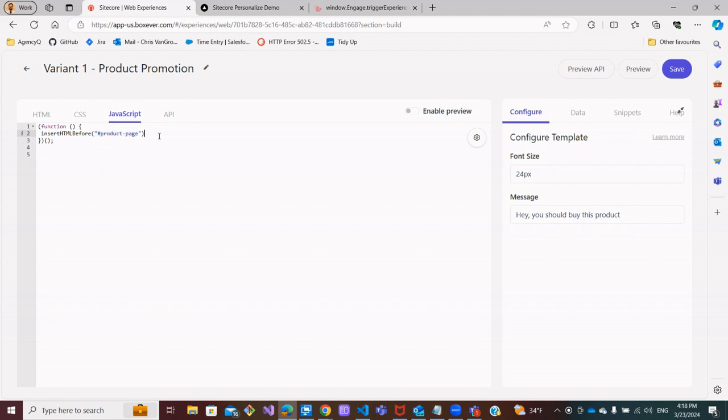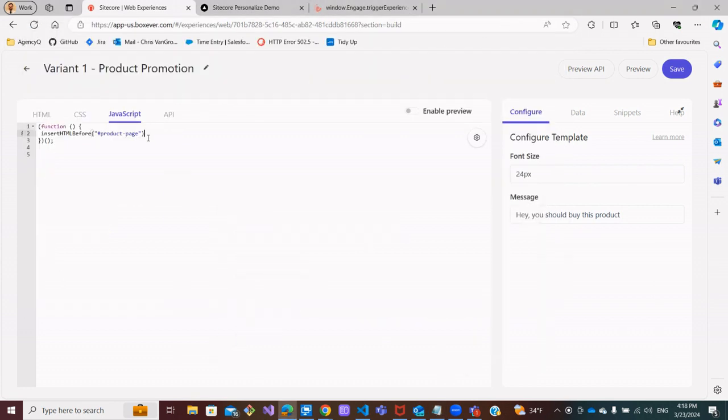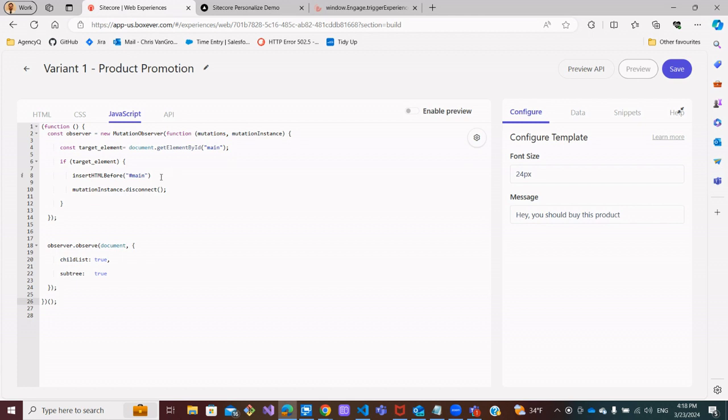So I'm going to quickly address that. There's two solutions, one preferred. This is my unpreferred way, but this is one way to address this. I'm just going to copy this method. Okay, so essentially what this does is a mutation observer, and it is monitoring the DOM,